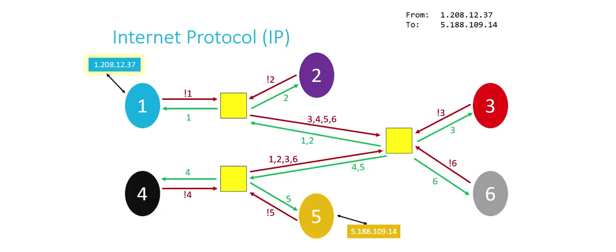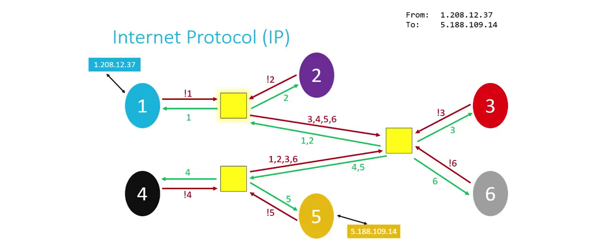And as you can see, we're not connected to each other at all. So I start out, and I want to send you a message. And so somehow I communicate that message to the router. The router is the one that actually has the IP address, and it's looking at where it's supposed to go. We're going to 5 dot something. So the router is going to start using its router table to pass information along. It sees that 5 is not 1, so it says, I'm going to pass it to this guy.